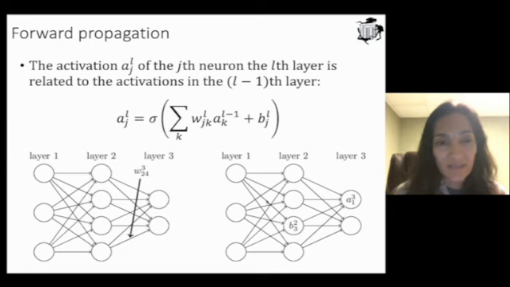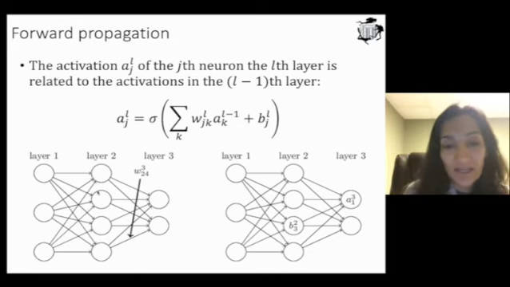Before we understand backpropagation, we have to understand forward propagation. Forward propagation is basically how a neural network propagates signals and computes output. Forward propagation is actually quite simple. Basically, if you want to figure out the activation of the jth neuron in the nth layer, what you have to do is you have to get all of the